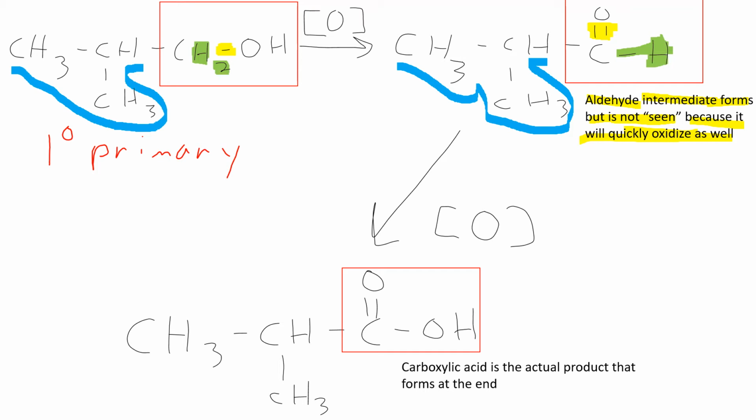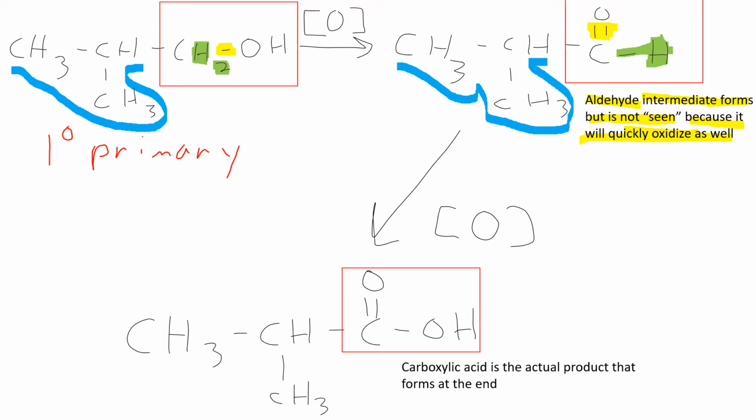Now remember, the same things are going to happen. Every time we have an oxidation, we increase the number of carbon-oxygen bonds, we decrease the number of carbon-hydrogen bonds, and the rest of the molecule is going to remain the same. Again, the changes are going to occur inside the red box, the functional group. So when we take this aldehyde and perform another oxidation with it, we're going to get the structure you see on the bottom. So let's highlight those key things.